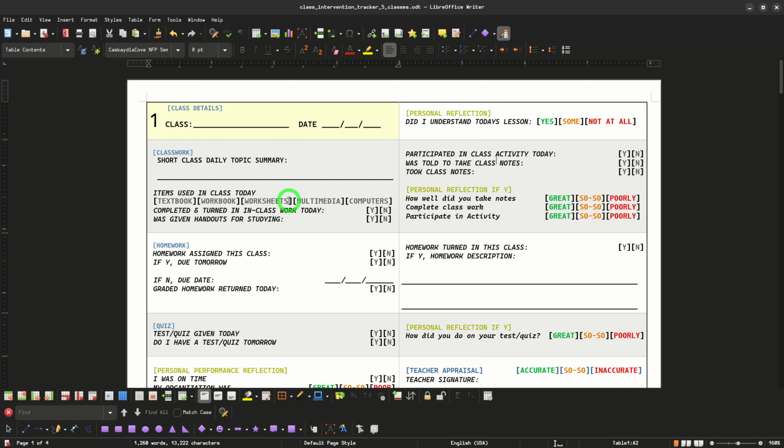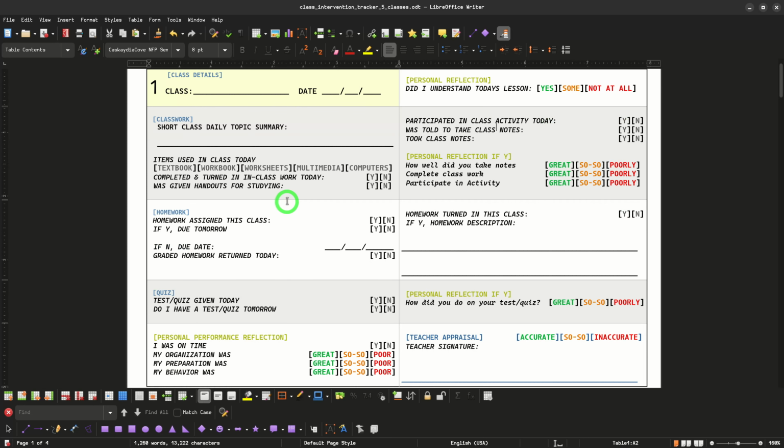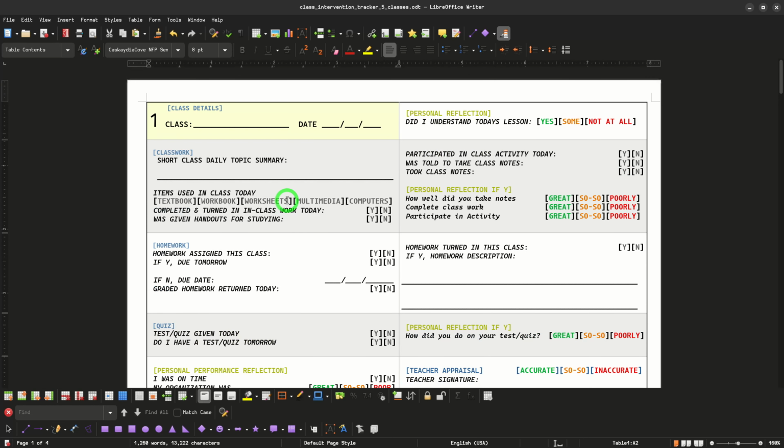If the student or child has time to fill it out in the classroom, that's great. And if not, during lunchtime, or for our family, immediately when they return home from school. My wife and I like to review what's going on,